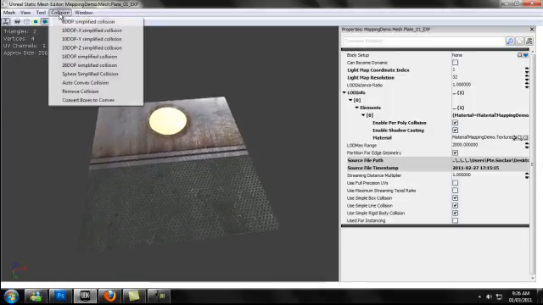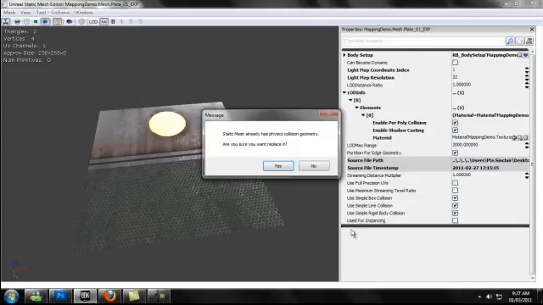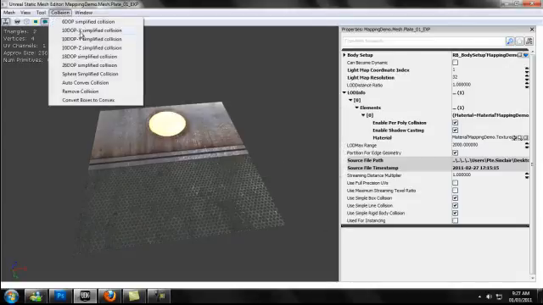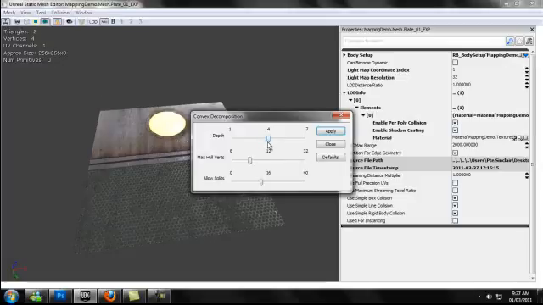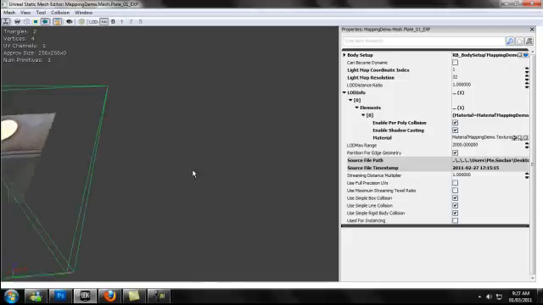Another way to do it is in this toolbar right here. You have your 6 DOP, 10 DOP, all these collision objects right here. You can remove your collision. You can do an auto convex collision. I'm gonna try. Well, that didn't work. You can just play with the settings. I'm just gonna go auto convex. Change the depth to 1. Change this down. Hit apply, and it's gonna apply a really poor collision mesh on it, but